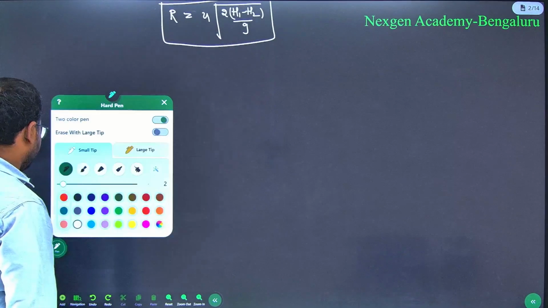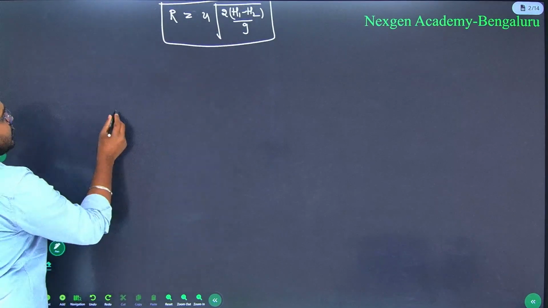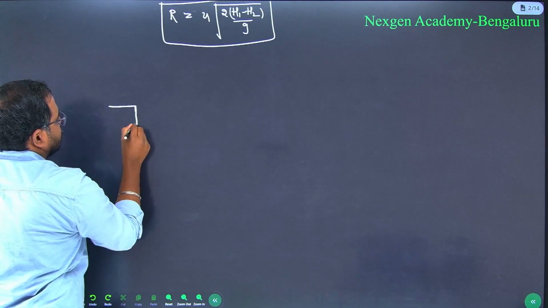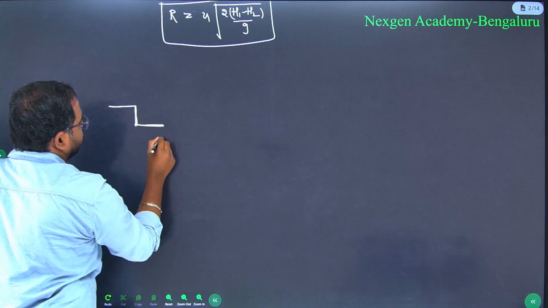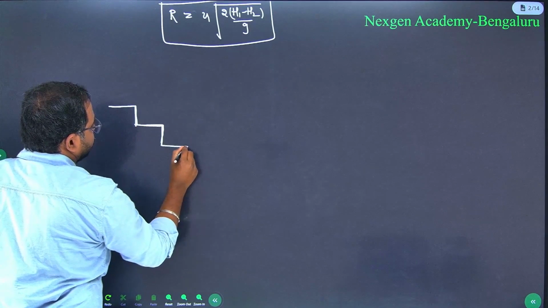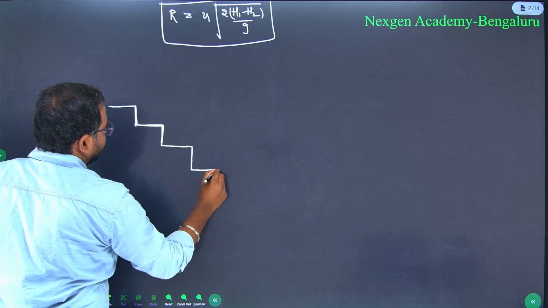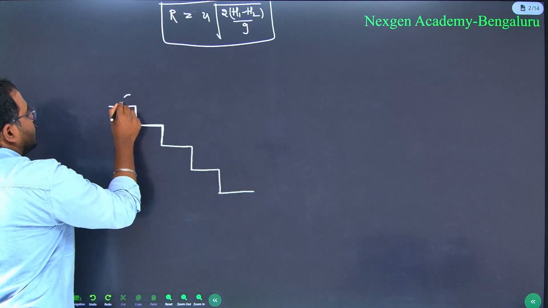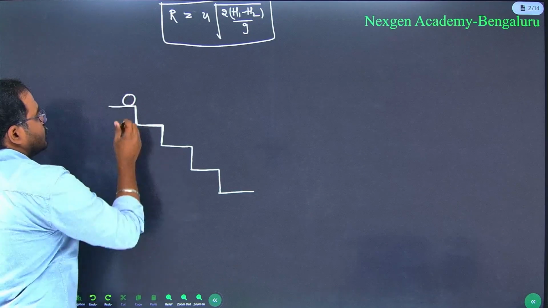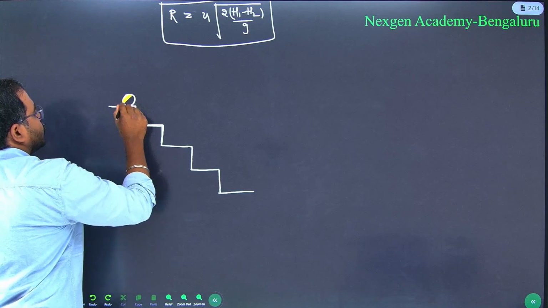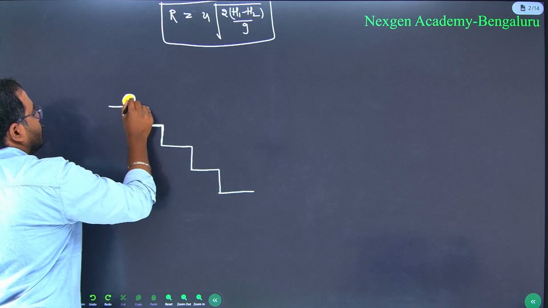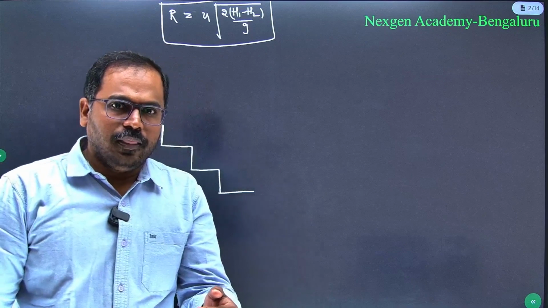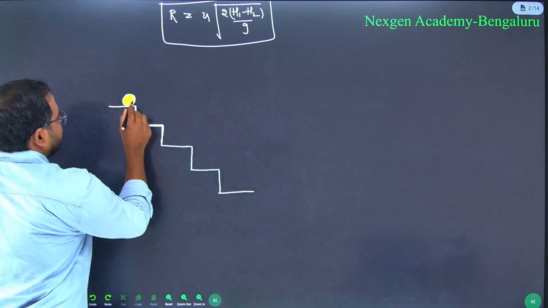Look at this. If you have a staircase, imagine in this way, a staircase, a ball is dropped on the top in this way. If this ball is dropped here, and it is slightly pushed, okay, it jumps onto the next step, again onto the next step, in this way,